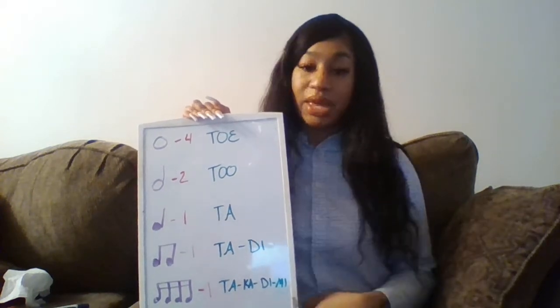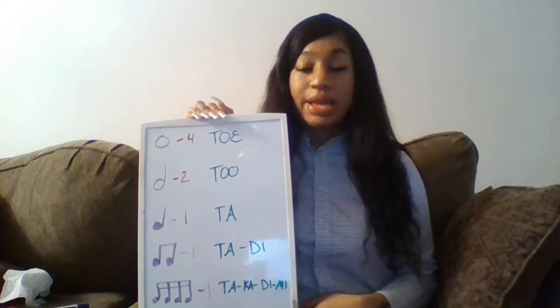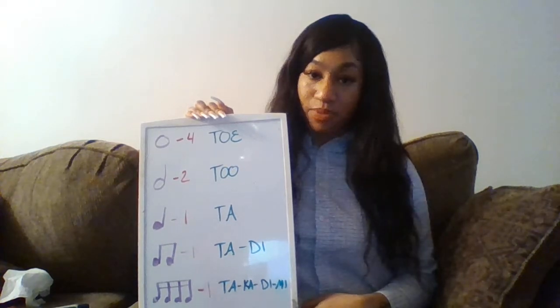Toe. That's it. Okay. Now, the reason why I count off 4 is because it's a 4/4 measure that I'm talking about right now. Now, being that a 4/4 measure has 4 beats per measure and a whole note is 4,